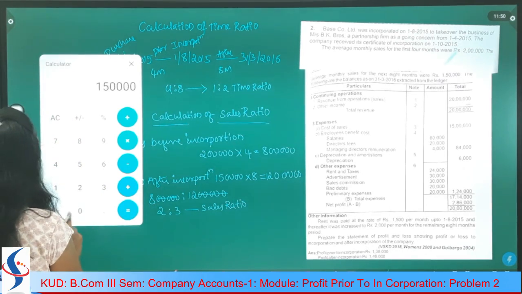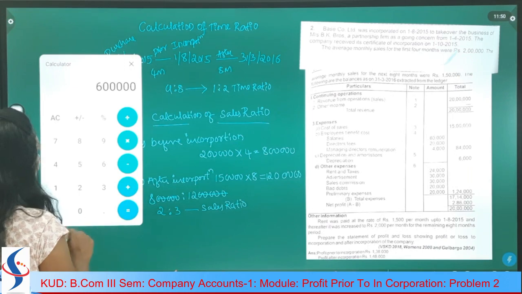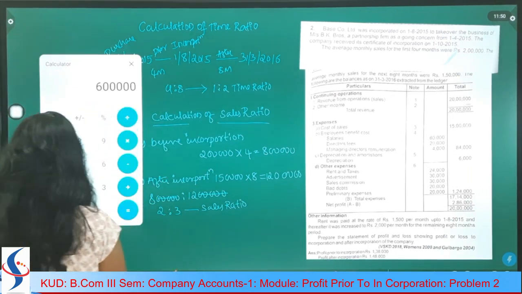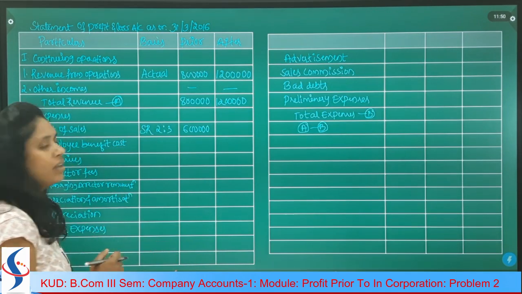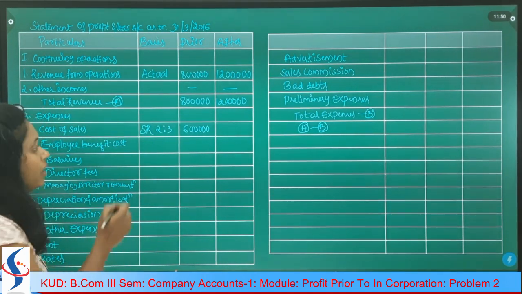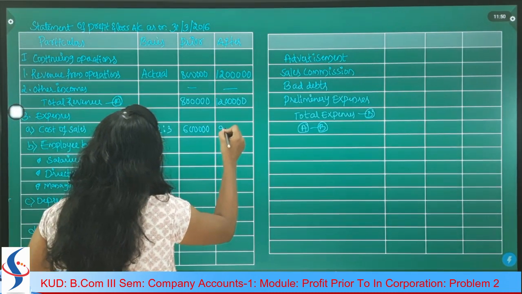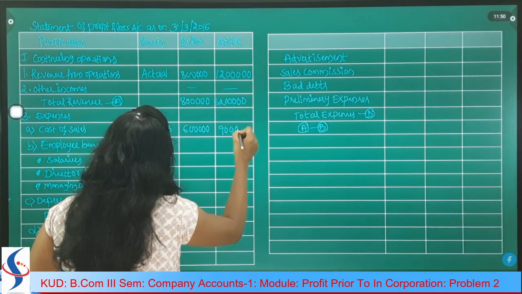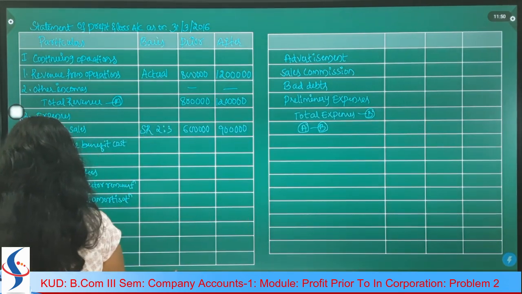15 lakhs into 2 divided by 5, that is 6 lakh. And no need to calculate the after period cost of sales. Total minus prior period, you'll get the after period. Total is 15 lakh. So the prior period is 6 lakh and the after incorporation cost of sales is 9 lakh. Altogether we should get 15 lakh. Okay. And next one is